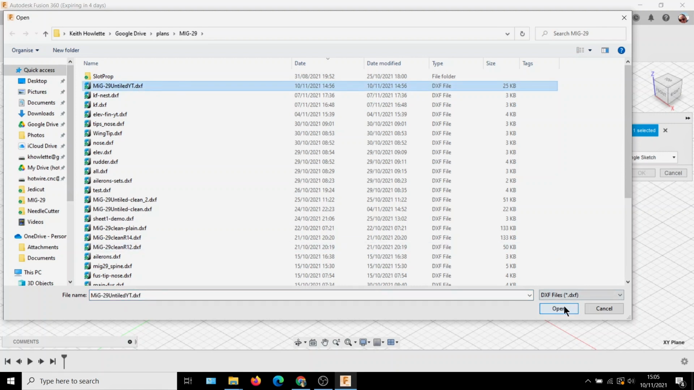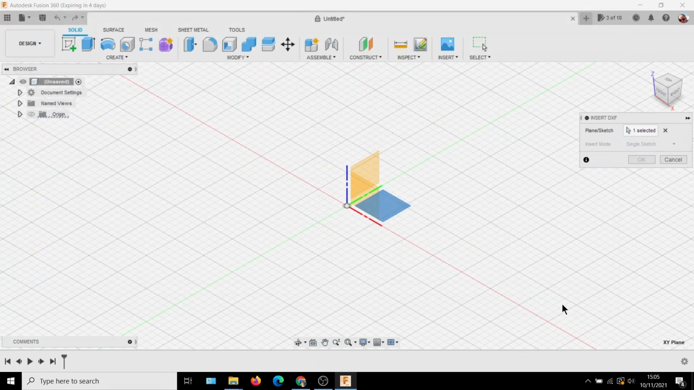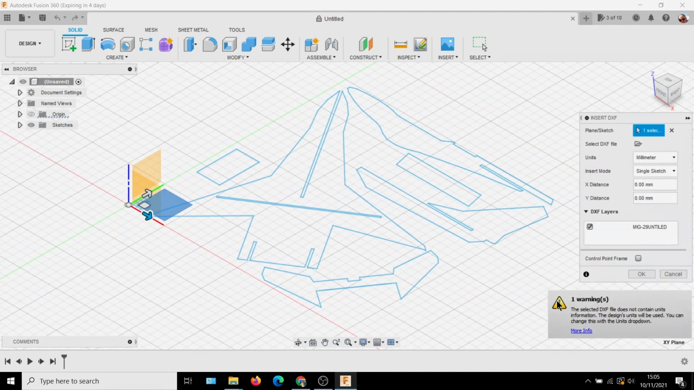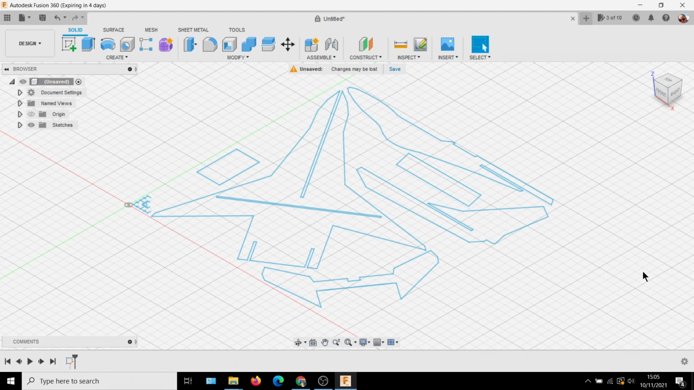So we select that file, and you can see what it's done then. It brings it in, and it's also selected the correct units because we saved it with the units in Inkscape. It's kept that for us. So all I do is say OK to that, and then if you have a look in sketches, we've got a sketch now called the same name as the DXF. So if we just turn that on top,